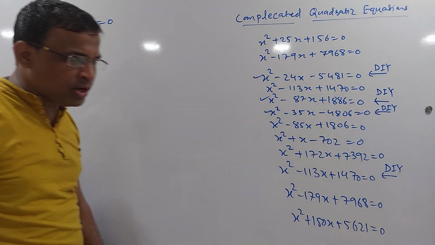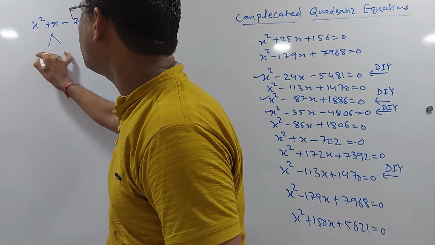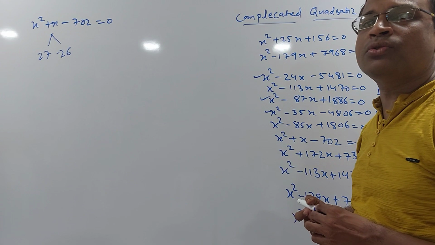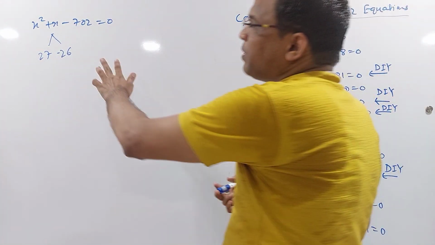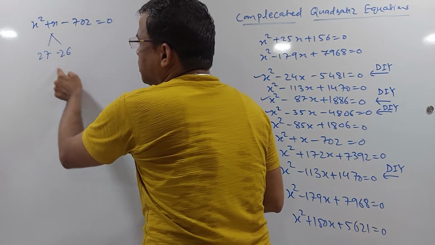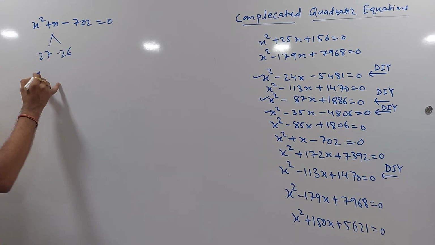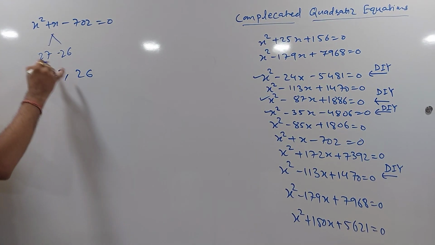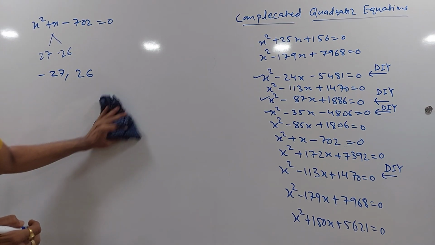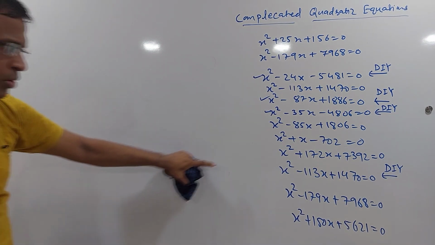So 26 square is 676 and it is 26 into 27. So I got my break, 27 and minus 26. See, I told you it's a 2 second question. So 27 and minus 26 is the break, and check out, the difference is 1 and the product is 702, ending in 2. Fine. So what could be my answer? My answer is minus 27 and plus 26, because you just need to reverse the sign. Fine. So that is your answer. I hope this is fine. Very simple question. Next is this.